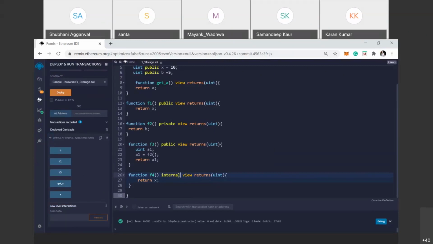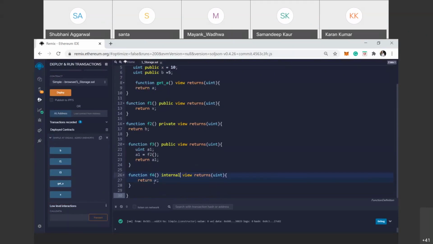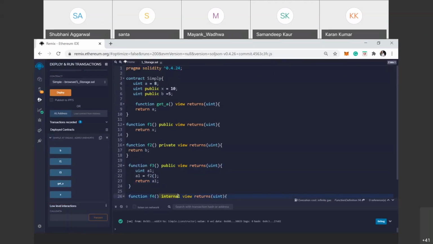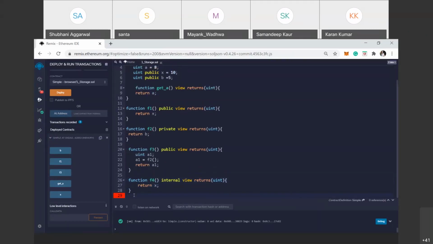Internal functions are called in derived contracts, the contracts which are derived from this simple contract. The value that is returned from this internal function, we can use in a contract which is derived from this simple contract. Suppose this is the end of contract simple.